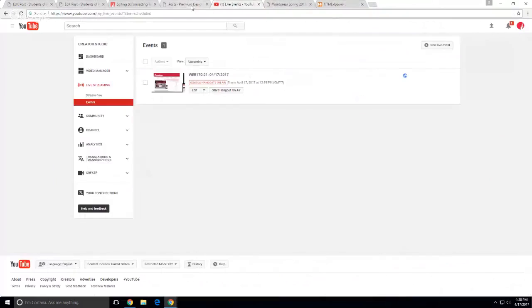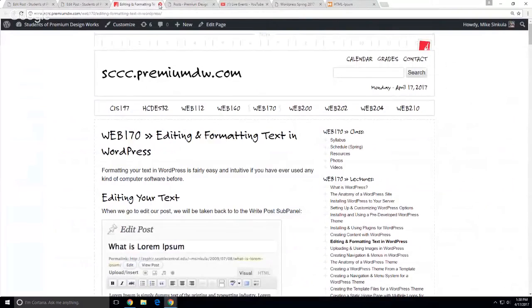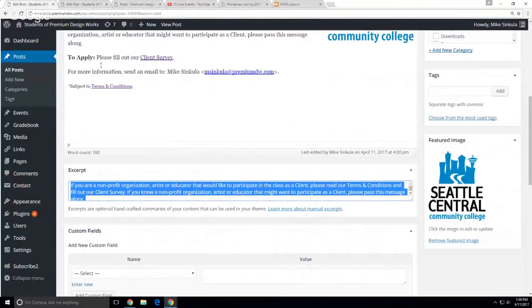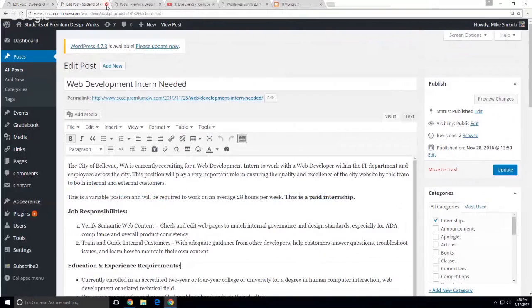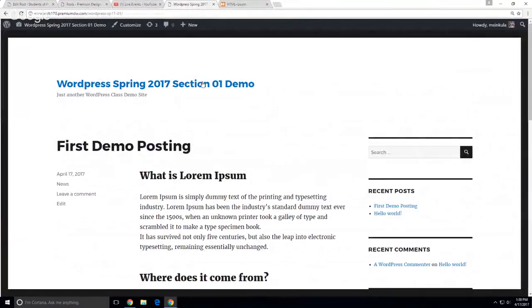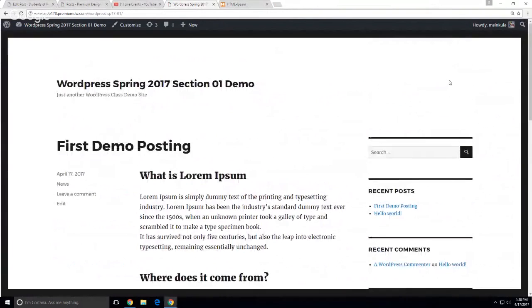Again, closing the windows that I don't need, just to kind of keep myself organized. This functionality isn't built into this theme, okay? That is something that we are going to, when we get to it,